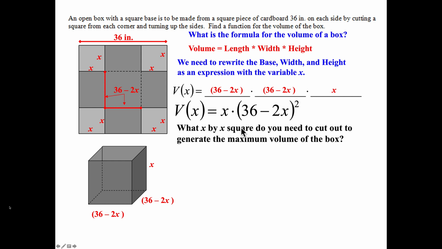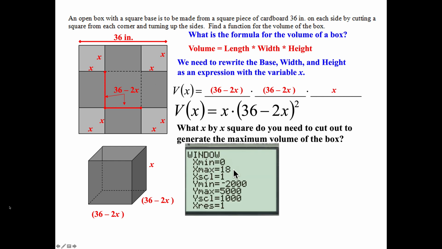What x by x squared do you need to cut out of the cardboard to generate maximum volume? All right, we're going to go to y equals, and we're going to put that into y1. But first, we've got to figure out what is going to be my domain. What's my x min and my x max? Well, we could cut out a 0 by 0 square. And then the biggest x you can cut out is, you really can't go anywhere past halfway. Half of 36 is 18. So my x min and my x max